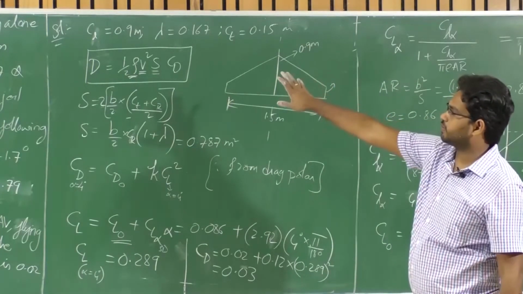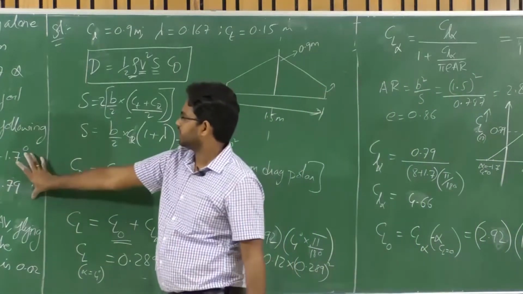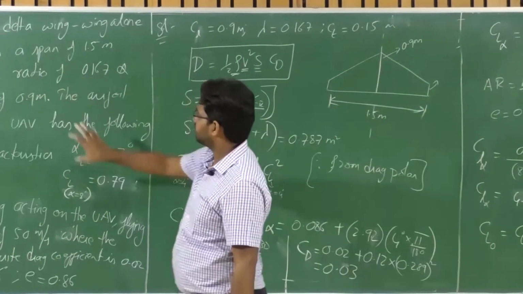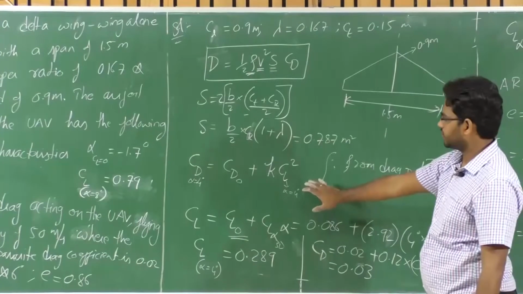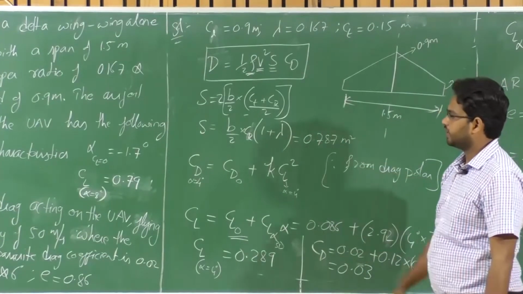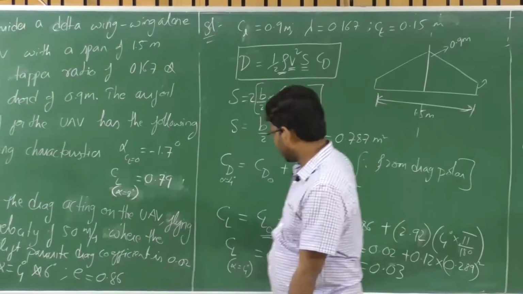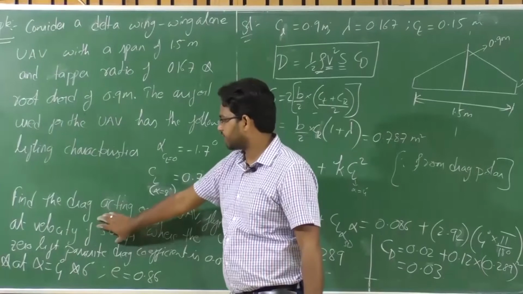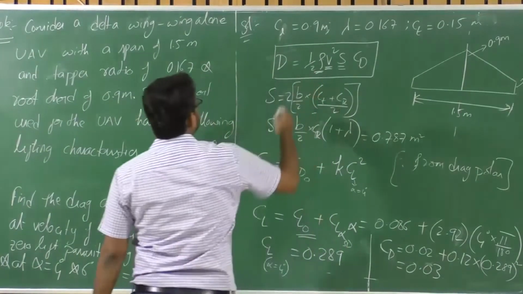We have the data: the cross-section characteristics, that's the aerofoil characteristics, and then data related to the planform geometry, from which we will be able to estimate the drag coefficient and lift coefficient at the required angle of attack, right? So now, having this data of drag and lift coefficient, I will be able to find out what is the drag acting at that particular velocity, right? What is the velocity here?